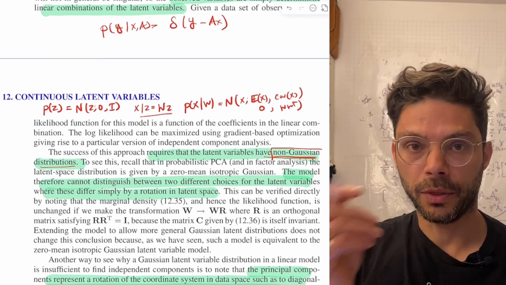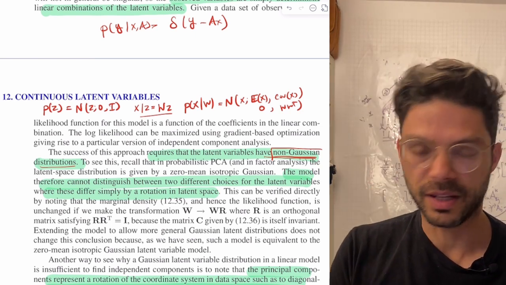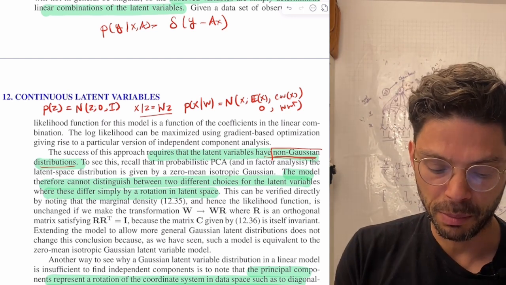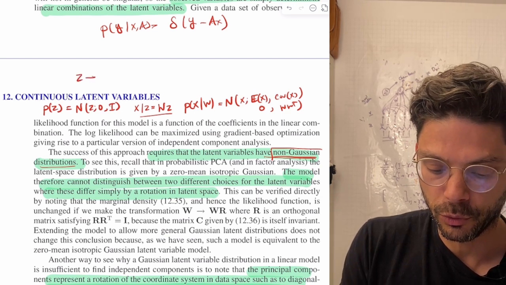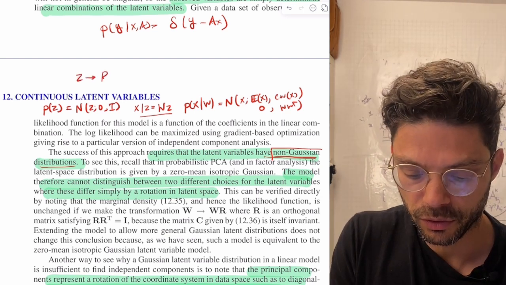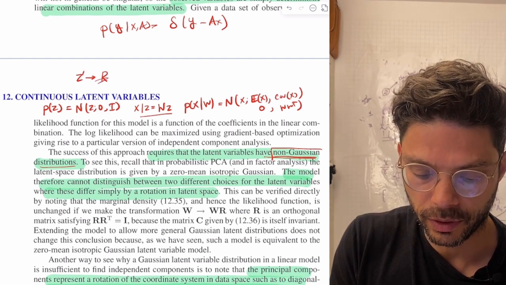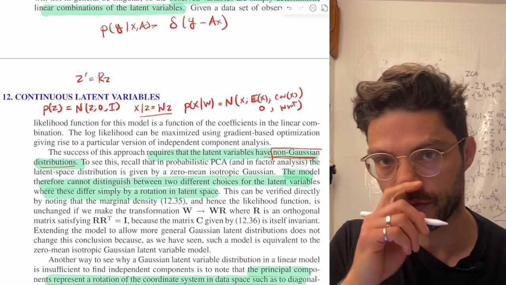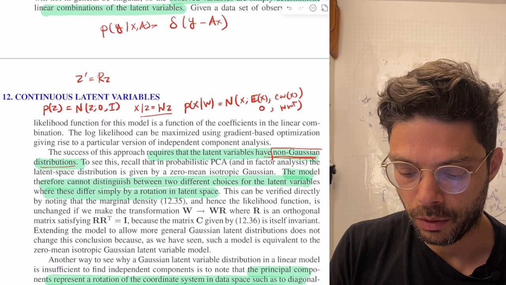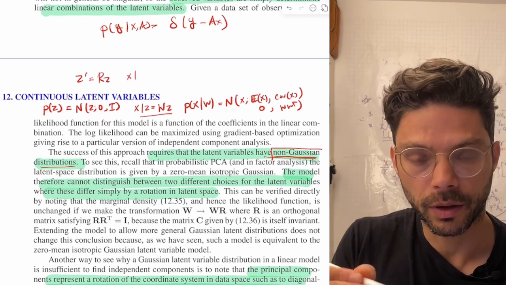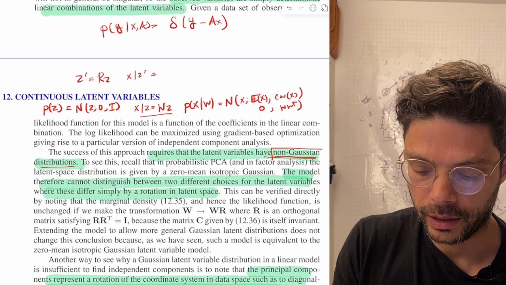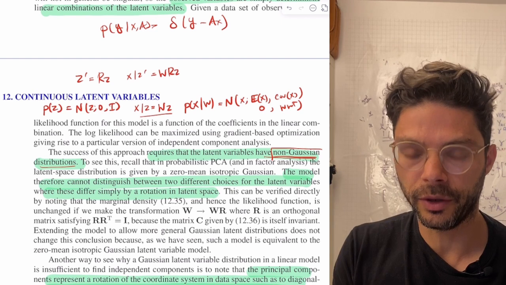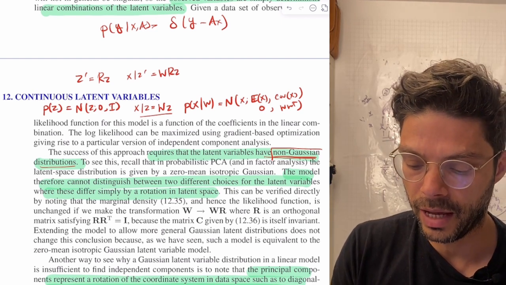So now the question is, okay, you think you've identified your z's, let's say those conversations that you were trying to pick out. You're like, great, I've identified them. The problem is, what if we just did a rotation? So z goes to a new z, z' equal to R times z. We're just going to rotate the latents. And let's see what it looks like with our new latents. Well, it's W R z. You're like, oh, that looks like it's not going to match the data. But again, when it comes down to the likelihood,